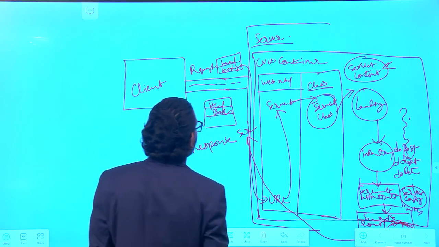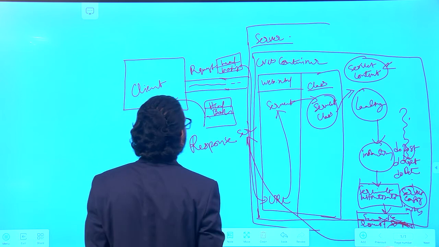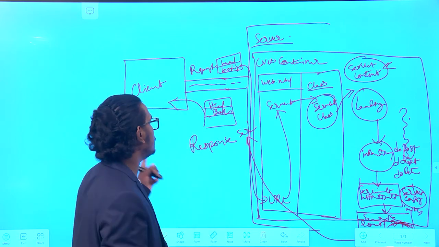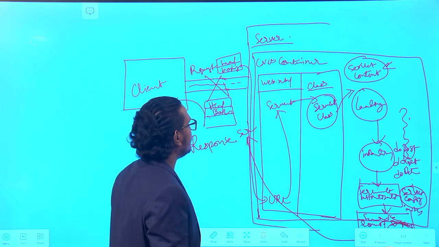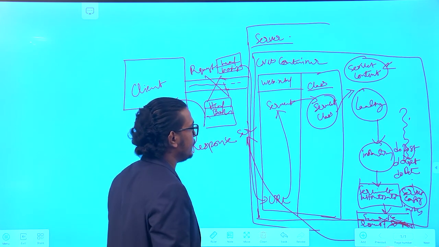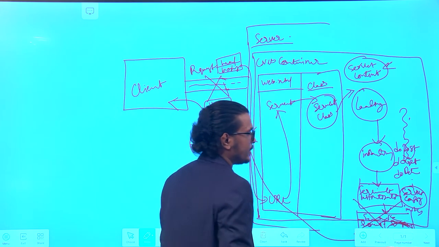The response form is created and will be delivered at the client machine. Once the response is delivered at the client machine, immediately the link between the client and the server will be deleted. After that, your service method will be destroyed.